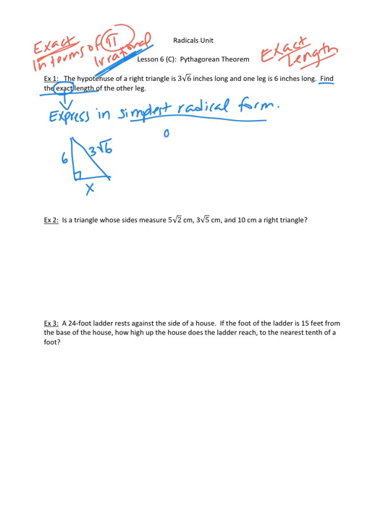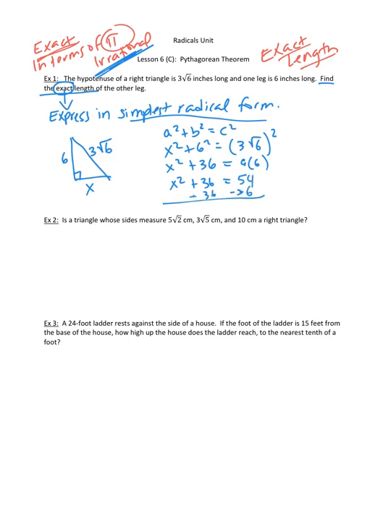So you apply the Pythagorean theorem, a squared plus b squared equals c squared, and x squared plus 6 squared equals, and make sure you have parentheses because we are squaring the whole thing. We are squaring the 3 and the radical 6. So I have x squared plus 36 equals, and you can do this in your head or write out little steps, but 3 squared is 9 and square root of 6 squared is 6. So you could do that in your head and just get 54. x squared plus 36 equals 54. Subtract the 36 over. I have x squared equals